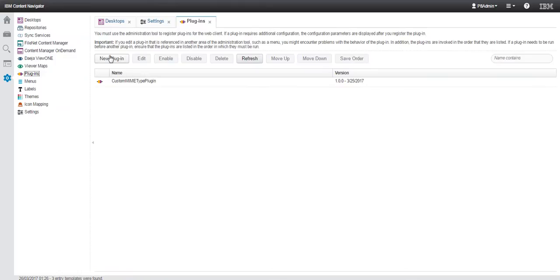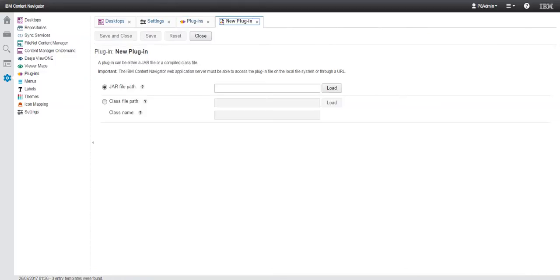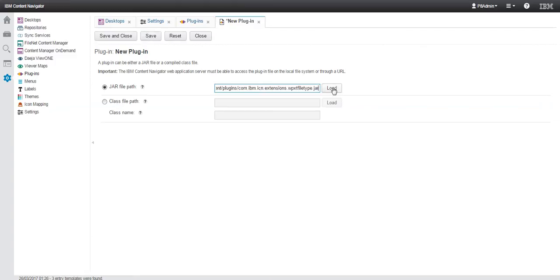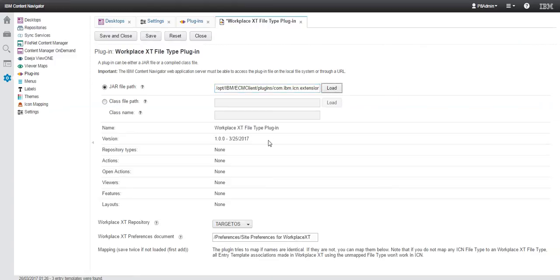So what we're going to do is install our plugin, and this plugin is going to map file type categories from WorkPlace60 to file type filters in ICN. That way ICN will be able to use your entry templates which were using restrictions with file type categories